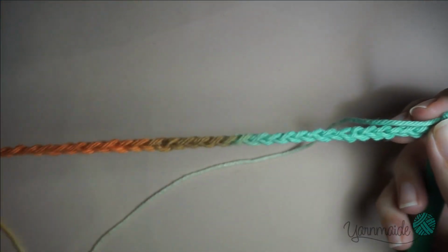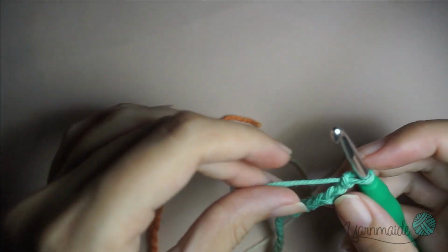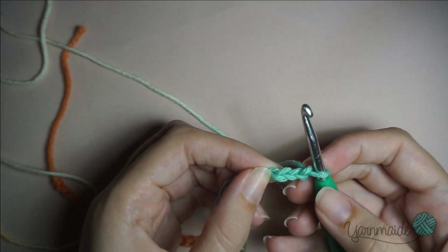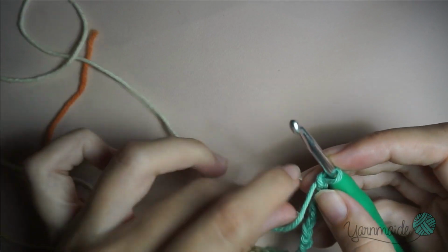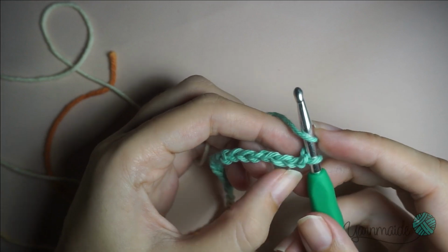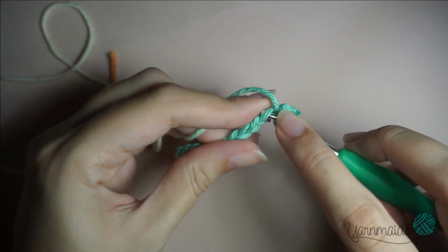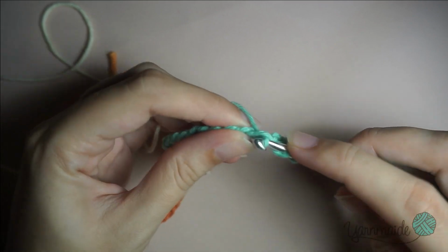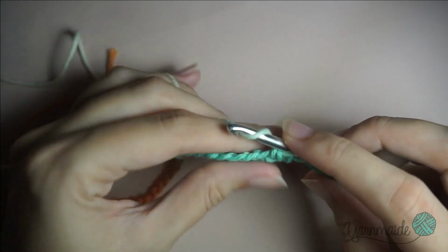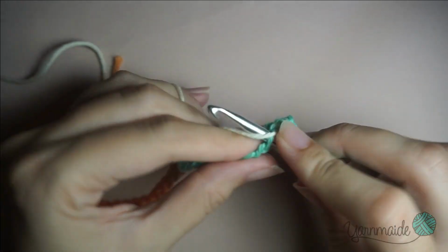Okay, so these are my 39 chains, and I'm gonna start doing double crochets on the 4th chain from my hook, and I'm gonna make 2 inside that chain. So yarn over, 1, 2, 3, and that 4th chain, insert your hook, grab the yarn, pull through, yarn over, go through 2 loops, and again go through 2 loops, and again another double crochet in that same chain,